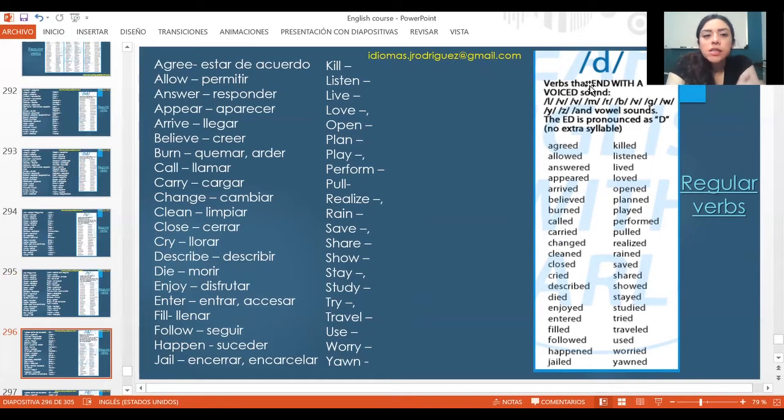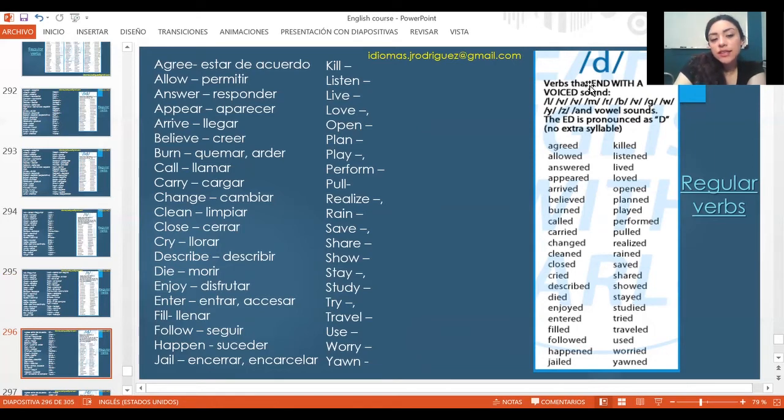Okay, so we have agree, estar de acuerdo, allow, permitir, answer, responder, appear, aparecer, arrive, llegar, believe, creer, burn, quemar o arder, call, llamar, carry, cargar, change, cambiar, clean, limpiar, close, cerrar, cry, llorar, describe, describir, die, morir, enjoy, disfrutar, enter, entrar o accesar,